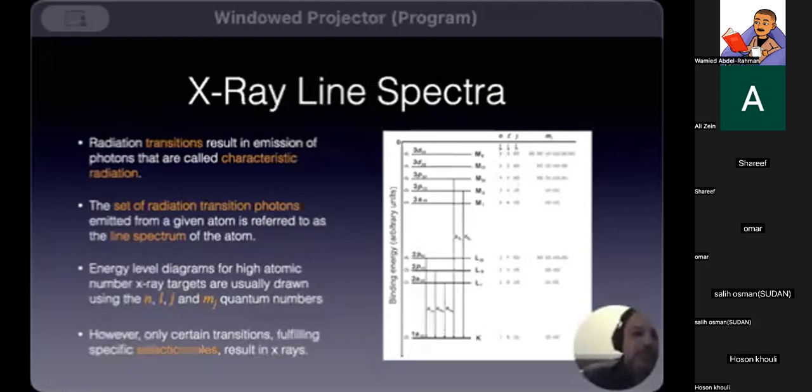Okay? So, energy level, I want to remind you, you can interrupt me anytime. The set of radiation transition photons emitted from a given atom is referred to as the line spectrum of an atom. Energy level diagrams of high atomic number X-ray targets are usually drawn using the N, L, J, and MJ quantum numbers. So we know we have shells and subshells. We have a principal quantum number, which represents the shell number: 1, 2, 3, and then we have